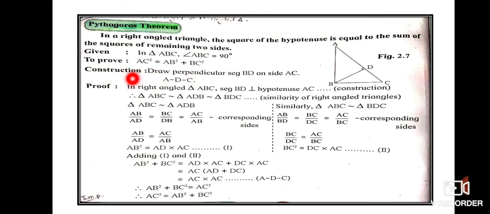So we are going to prove that AC square is equal to AB square plus BC square. Now there is a small construction over here. Let's draw a perpendicular BD on the hypotenuse AC. Now we have already done, in the beginning I said whenever you have this type of a triangle, you can say that all three triangles are similar and the reason will be similarity of right angle triangle. So you see, this concept is very important.